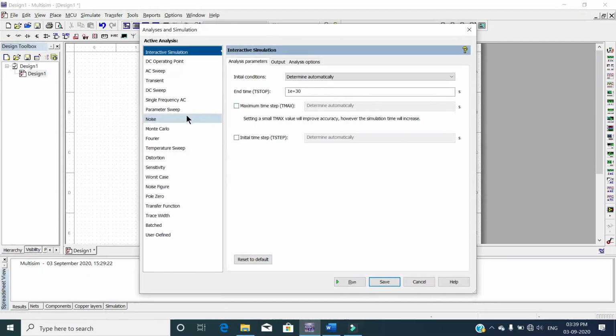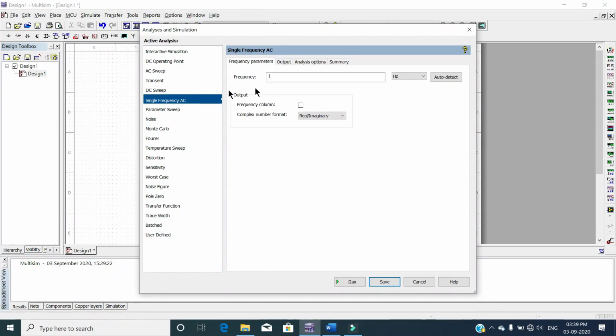Since I haven't given any frequency, I have to give the frequency manually. So let's say our frequency is 50 Hz. Okay. Next, I will select the output. Now our output will be in the tabular format. If I want one of the columns to be the frequency, then I have to